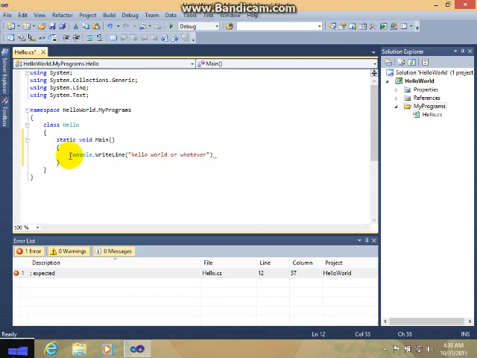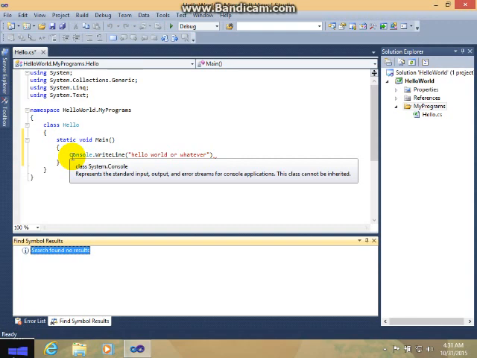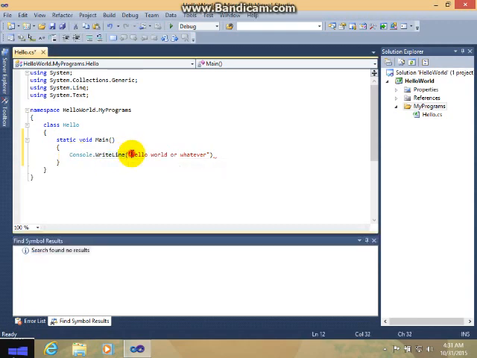Now what this does is, this Console.WriteLine is code that makes this statement, hello world, display on screen. Pretty simple, but you will learn more about this as you go. Be sure to have this semicolon.